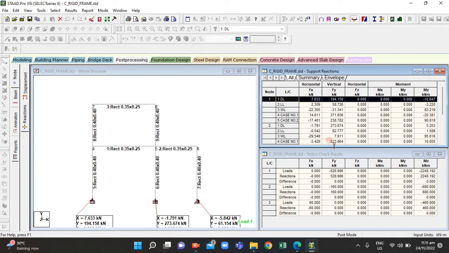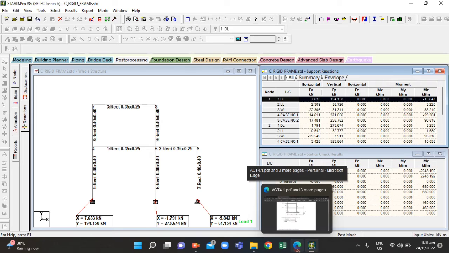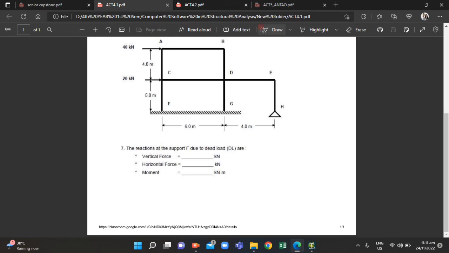And the node 1 for the dead load, so these are the values. For the horizontal force, horizontal reaction, or along F of x, that's 7.633. So I'm gonna input it here, 7.633,